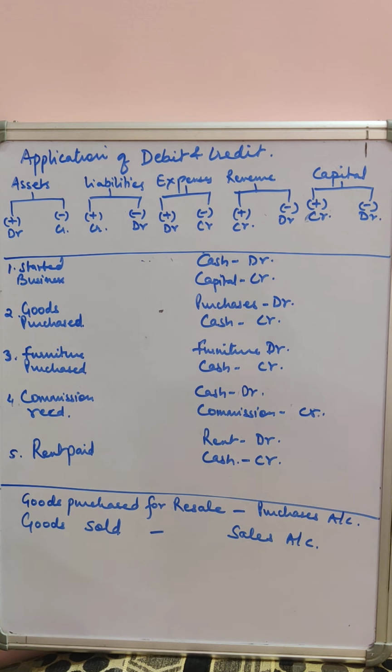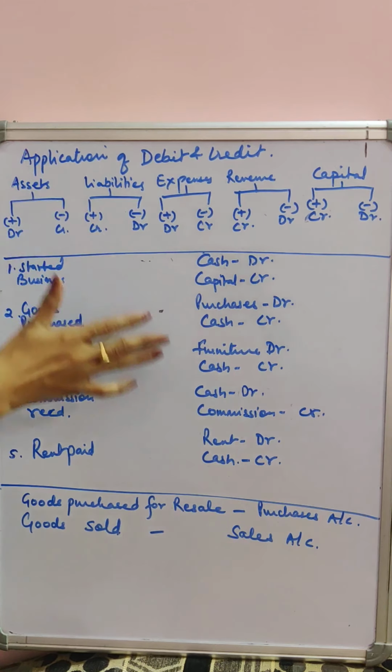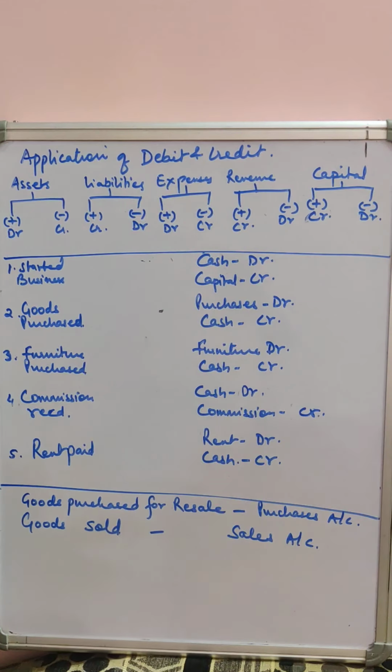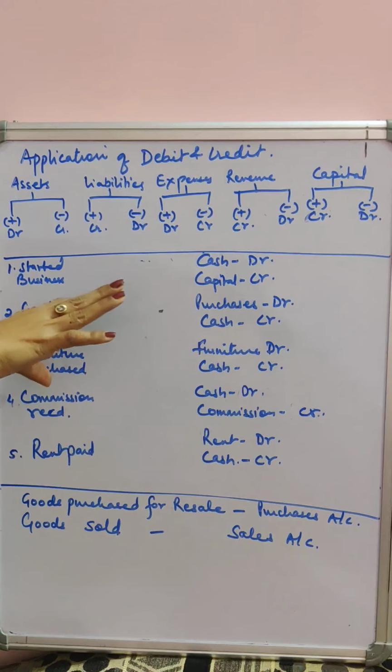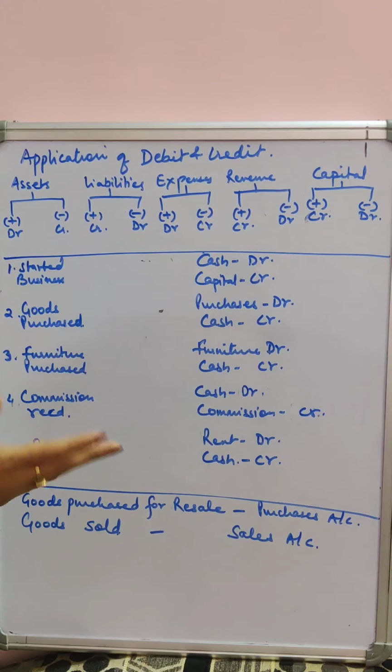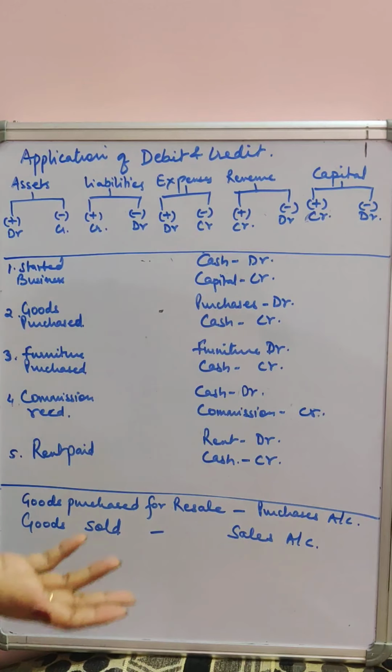Earlier we used to write it as stock, because we were doing the accounting equation on a particular date. But when we talk about all these things, we are going to do it in chronological order. That means on the happening of the event. Say for example, on 1st April if anything happens, we have to record it on 1st April itself. We don't have to wait for the month end, or for the year end.